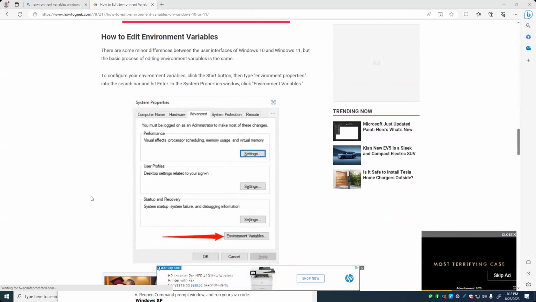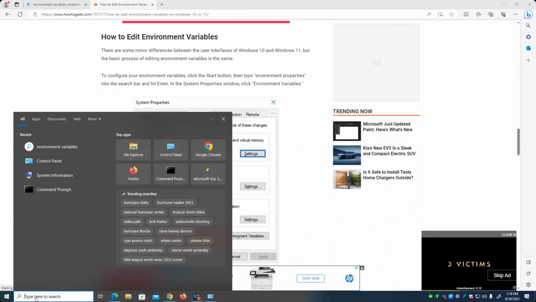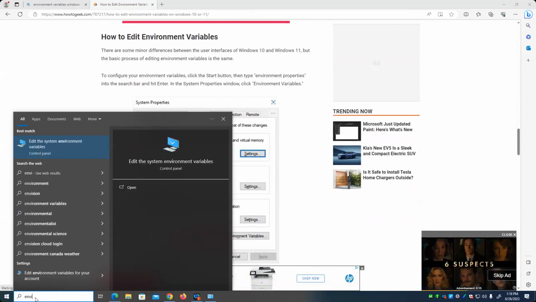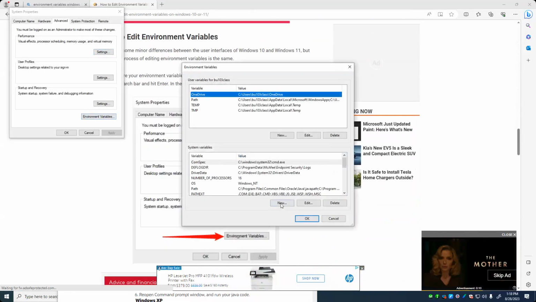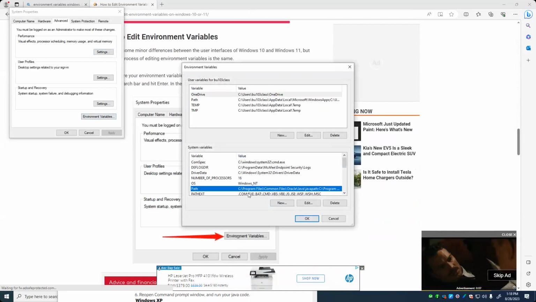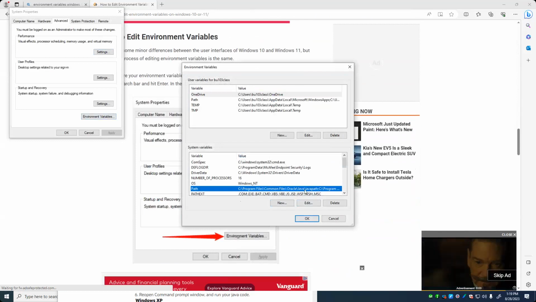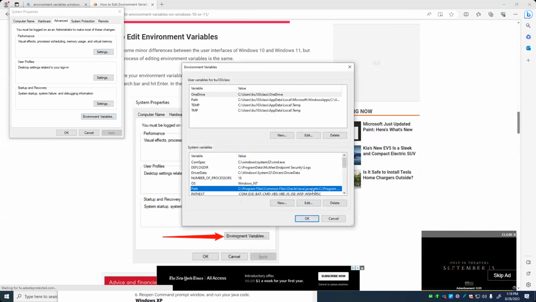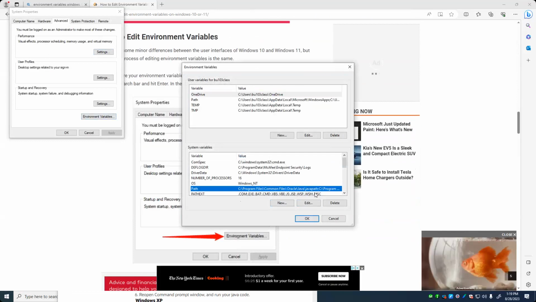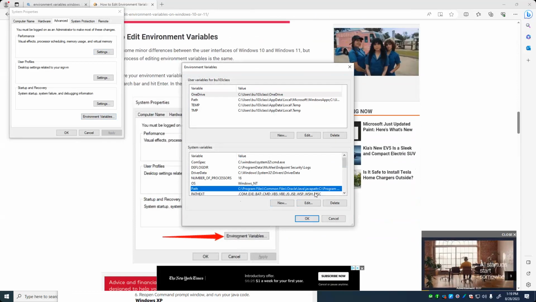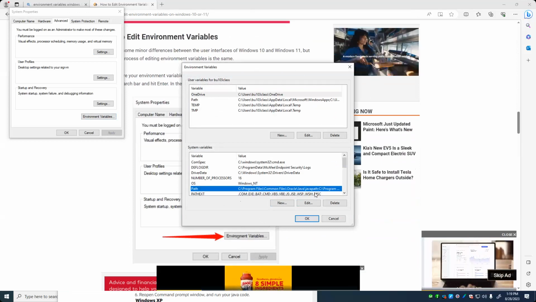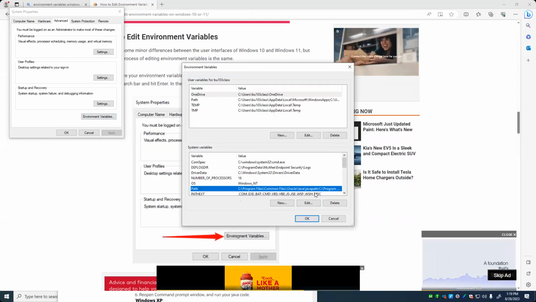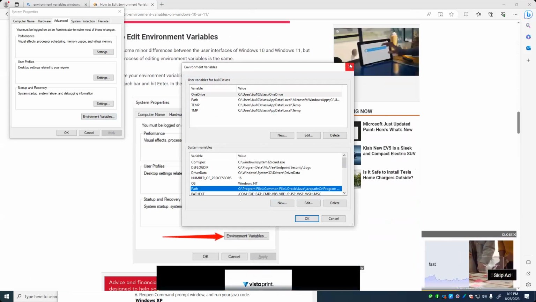System properties, click the start button and type in environment variables, okay? There we go. Environment variables. And if you look down here, you'll see path. And you'll see at the very beginning of it is this. If the installation process didn't already do that for you, do it yourself. You know, go in and know where it is and edit it. But I guarantee if you do this and you get an error,